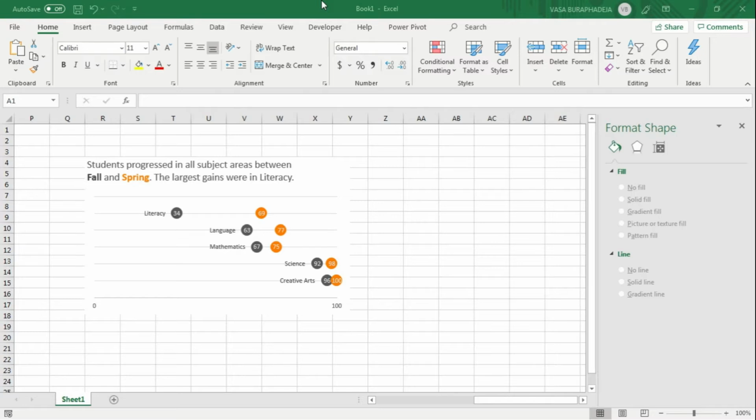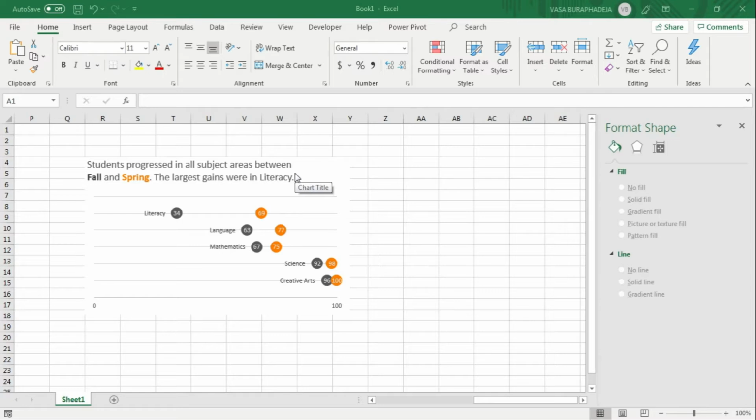Hello guys, in this video I will show you how to make a dot plot. A dot plot is a graph that helps us compare different categories in the same plane or the same levels of lines. You can see that we have 5 subjects here, and we want to show the average score change. Maybe there were some interventions in this classroom in all areas, and we want to see which subject has